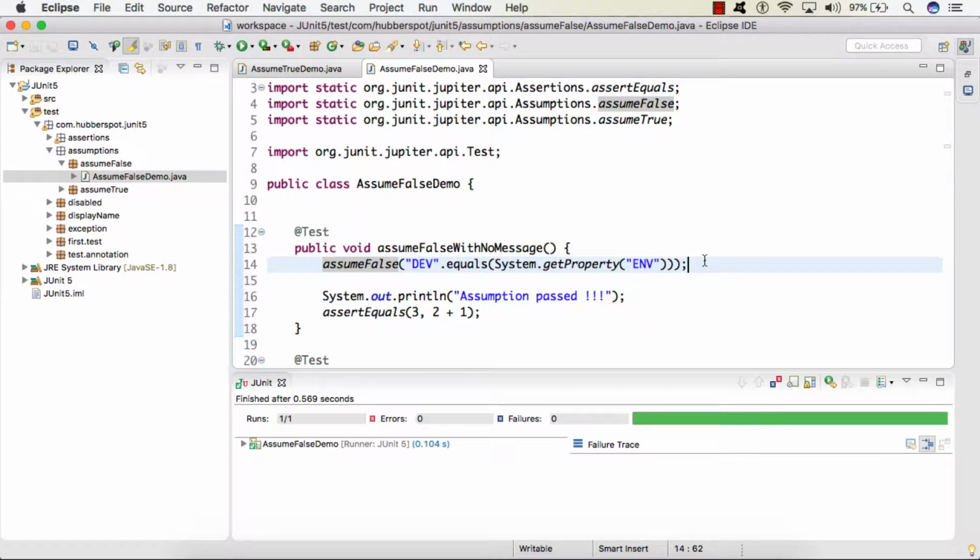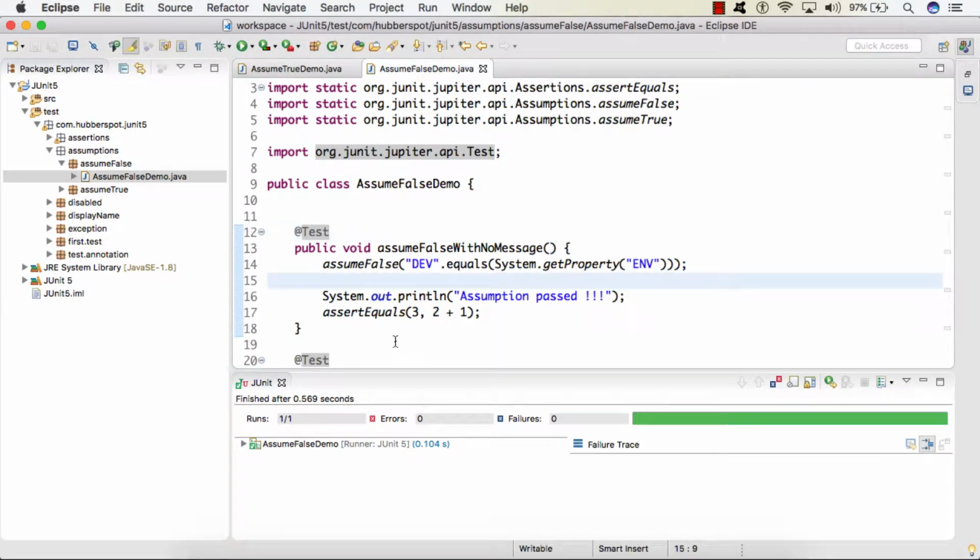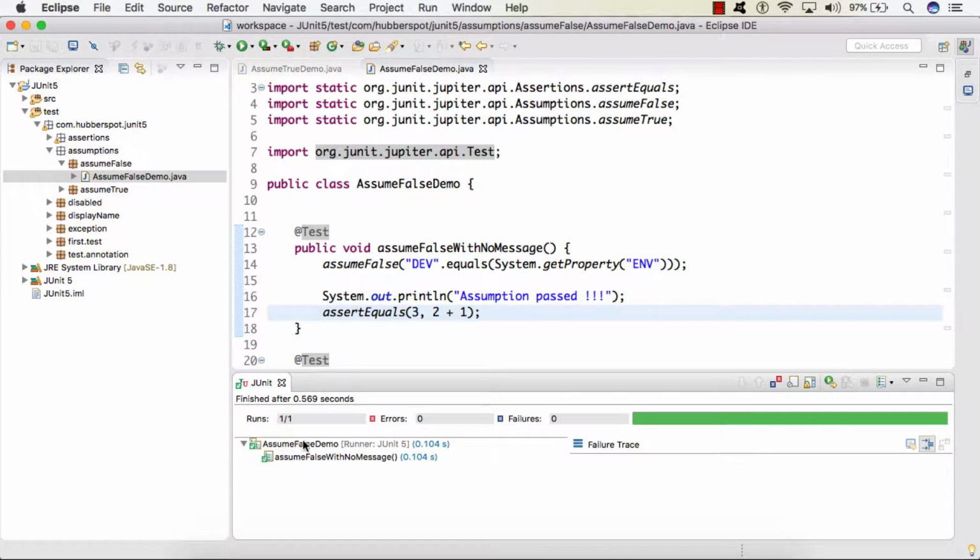So this assumption was satisfied and our test case moved on to further execution. Here you can see on the console it printed assumption passed, and then it simply asserted that 3 is equal to 3. So you can see that our test case got executed successfully.